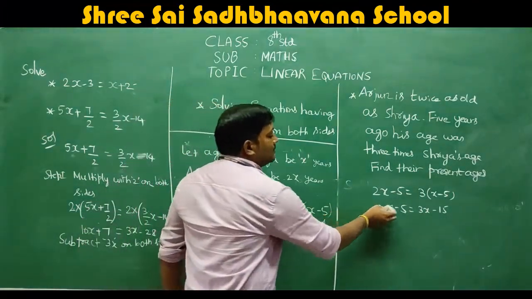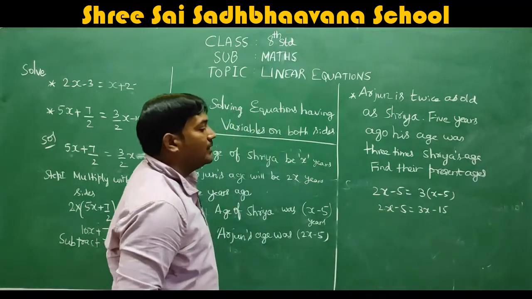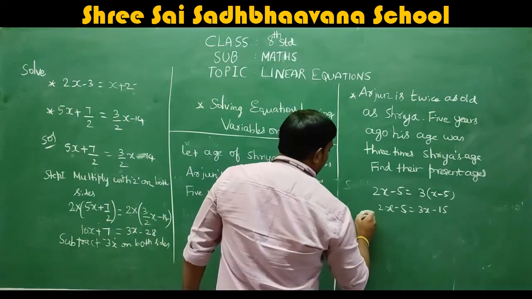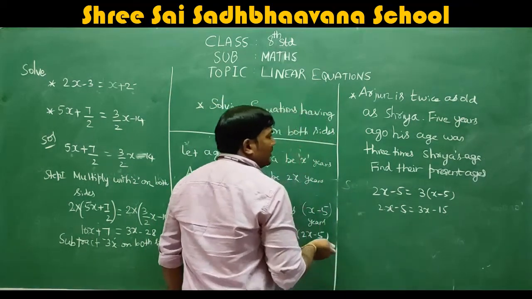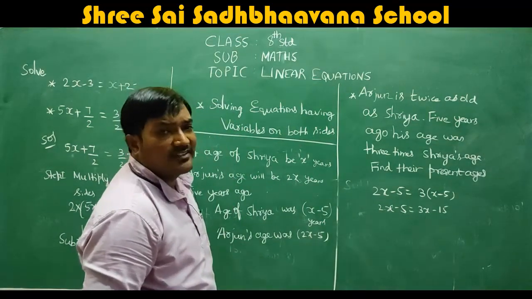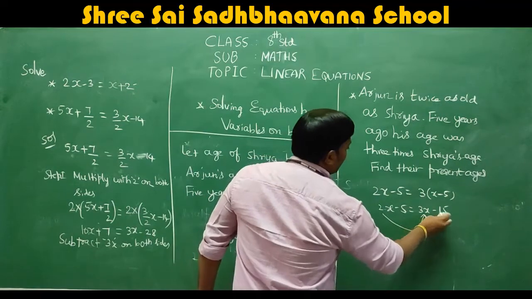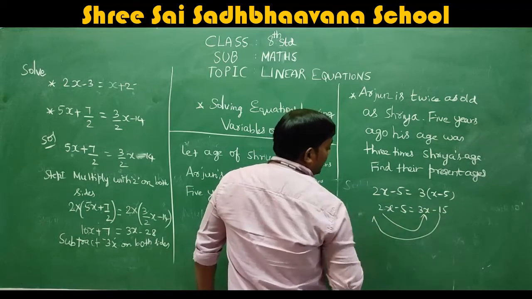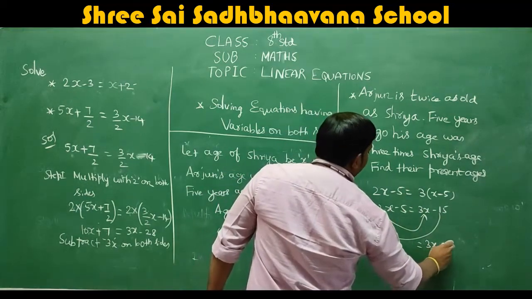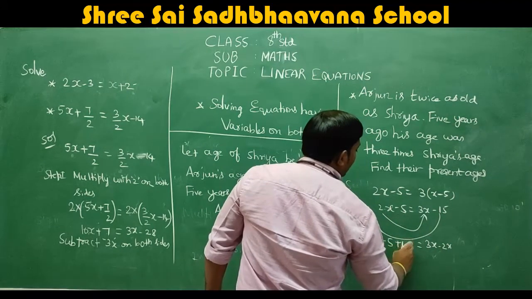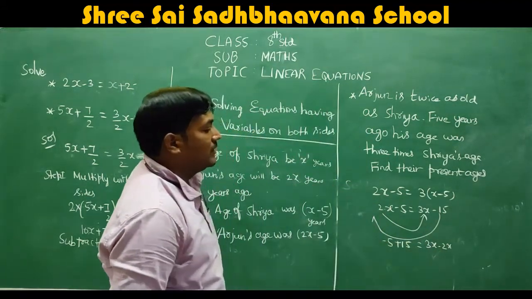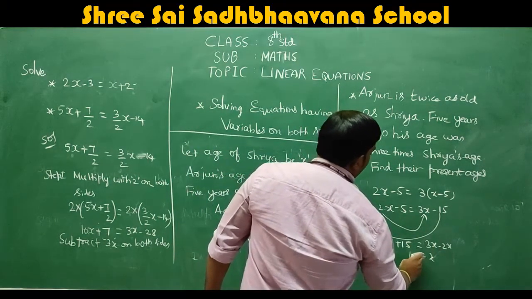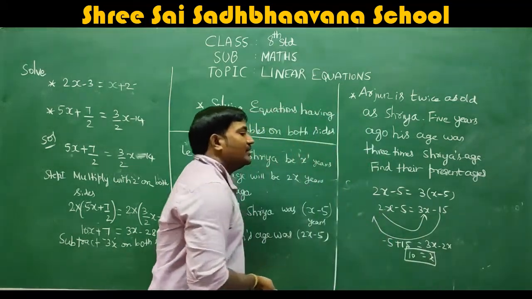So here again you have to see which variable is highest. So 3x and 2x, which is highest? Obviously 3x, so eliminate 2x. While doing word problems, you just transpose, because there's no need to use any rules while doing the word sum. I am putting an arrow mark. Minus 2x I am sending to this side, minus 15 I am sending to this side. So 3x minus 2x will become x, and minus 5 plus 15 will become 10. So what is the x value? 10.